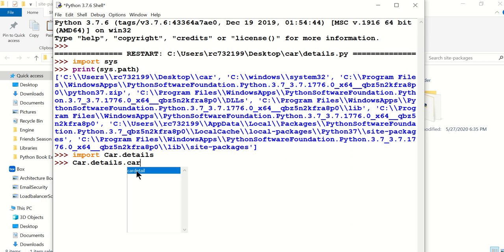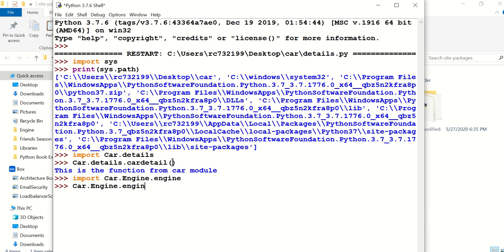See, can you see? I have already used it. So car details is a function name. Once you give this, it is the function from the car module. If you want to import the sub modules, like engine, how will you import? It is import car dot engine. Up to the Python file name you have to specify. After that we have start and then stop functions. So it is car dot engine dot start. Okay, this is the start function.